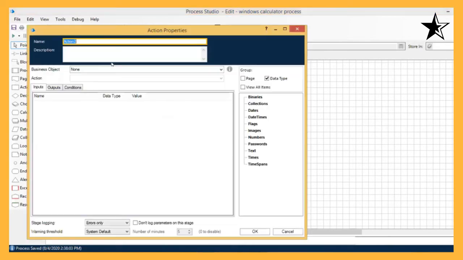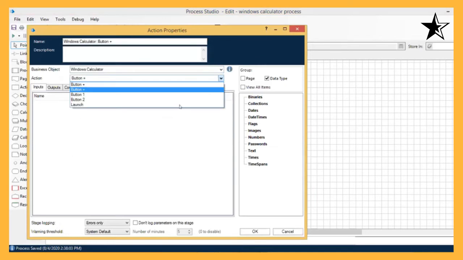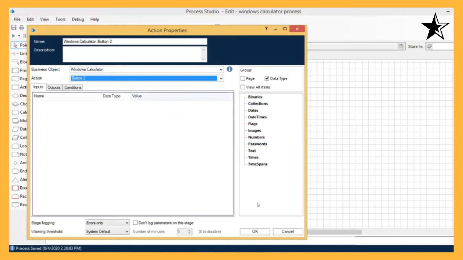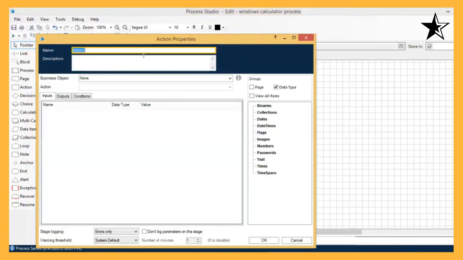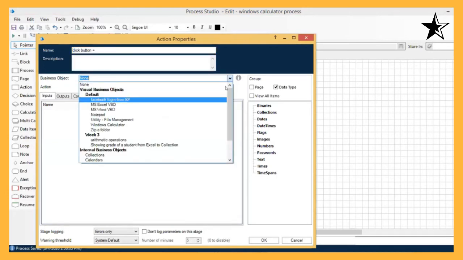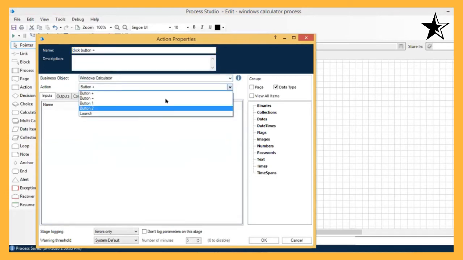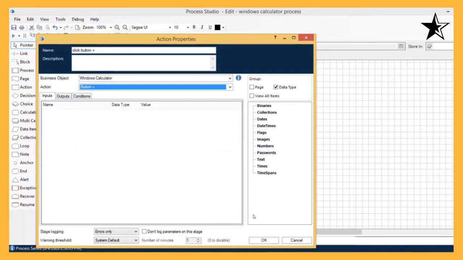Action 2. Now, again simply Windows Calculator, button 2. Okay. Action 3. Click button equal, business object as MS Windows Calculator, button equal, and okay.